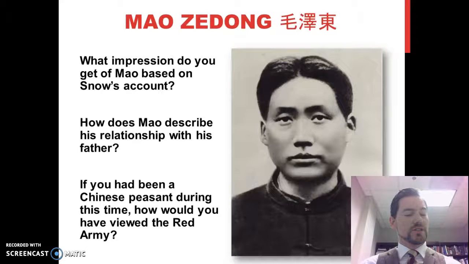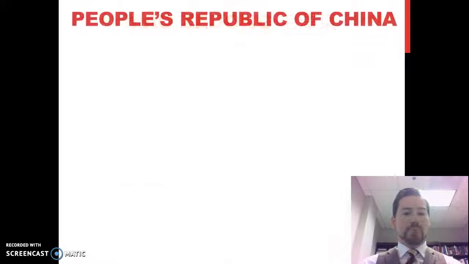So I think it's important to notice the sort of standards that Mao established so that the Red Army would come across favorably in the eyes of the peasants. So we're jumping ahead. We're not going to talk so much about World War II for China. When we look at the unit on Japan, we do focus a lot on World War II because Japan will invade China, and that will begin World War II in Asia. So we're not going to spend a lot of time on that now, but I just want you to know that in the Long March in the 1930s, the communists are able to survive,